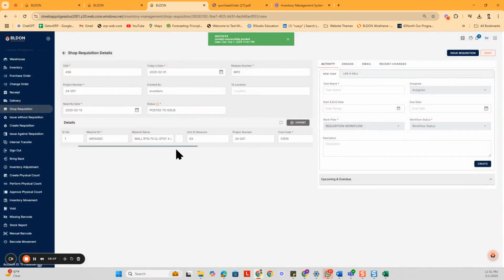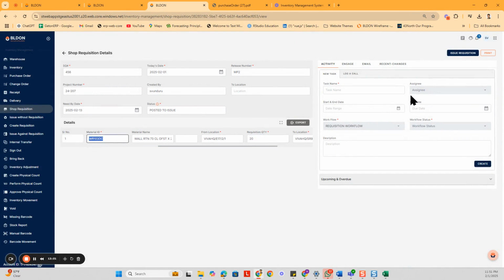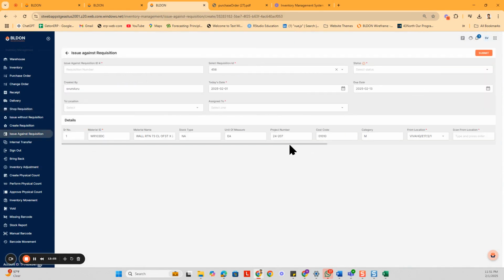So as soon as you do that, for this project you need 20 of the WR103s. When you go to issue against requisition, it automatically shows that you need 20, right? But you should be able to pull only 18, right? Because there are only 18. So as soon as you post it,